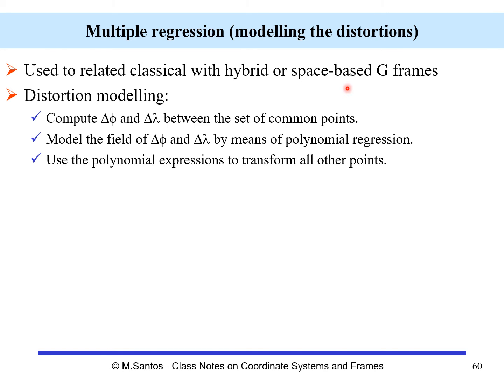So what happens is that, just computing a 7-parameter transformation, we still have a lot of high residuals, which are the distortions of the classical network. They become visible. So the multiple regression will be a way to model these distortions. And how is it done? First of all, we go and compute